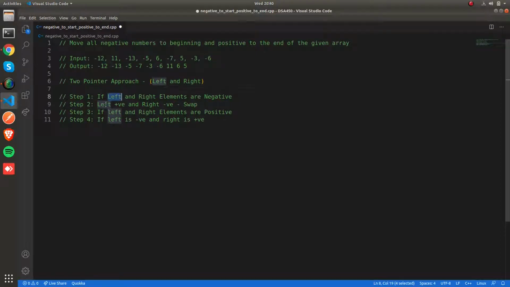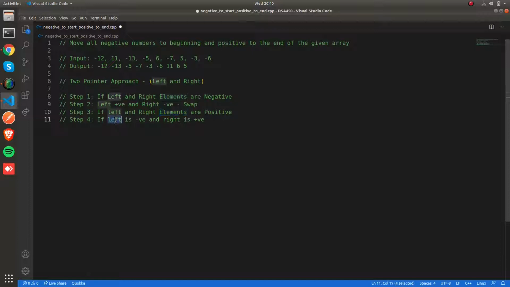And in the second case, if the left element is positive and the right element is negative, we are going to swap the left and right elements. And if the left and right elements are positive, that means the right element is at position and the left element is not. So that's why we are going to decrement the right pointer in this case.